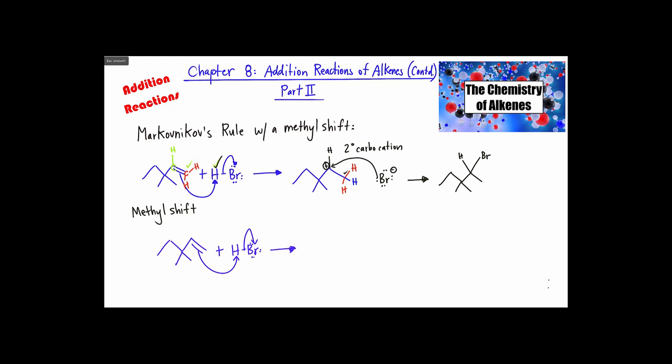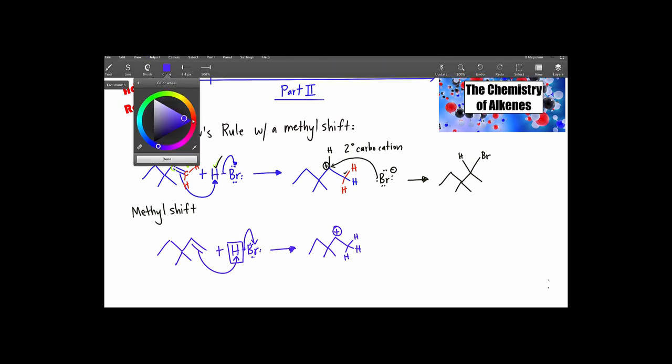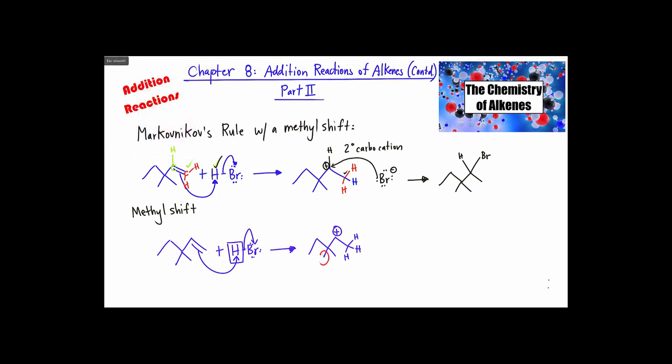So Markovnikov rule is still in place. I'm going to have these are the two hydrogens I had before, and this is the new hydrogen there, and the same plus charge. I have a secondary carbocation. But now, one of these methyl groups, if I move that entire CH3 group, including the lone pair with it,